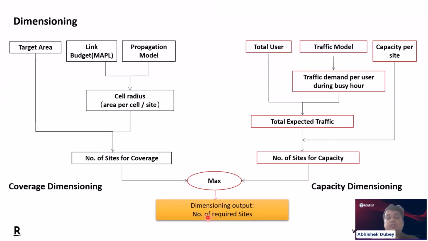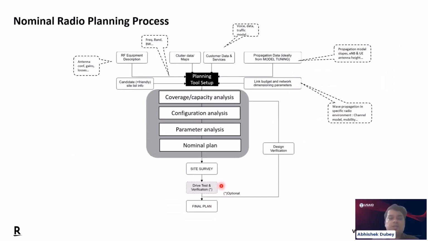Okay, so which will be your final output? 1200, because that is the maximum you're going to select. And for nominal planning, you need to follow these steps, the process. These are more of a manual thing, like what